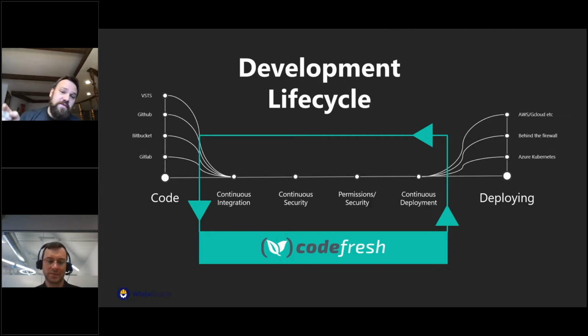And so within the development lifecycle, it's the loop, right? I make a code change and there's a whole bunch of stuff that has to happen, and it's going to end up getting deployed somewhere at the end, and everything in the middle, this is CI/CD, and this is where continuous security becomes really valuable. So to give you a scenario, and this is what we're going to go through in the demo, I'm happily working along on a feature. I'm making changes and I'm pushing them up, and as soon as I check those in, they go into my continuous integration and continuous security loop, and there's also a scan, and that scan can identify vulnerabilities or issues before